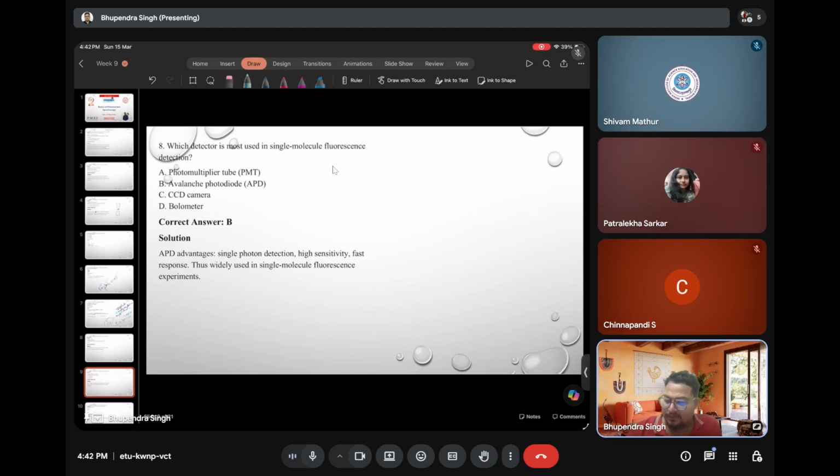The option is B, avalanche photodiode. This is typically used in single molecule fluorescence detection. The PMT, as explained already in your spectrophotometer lectures,